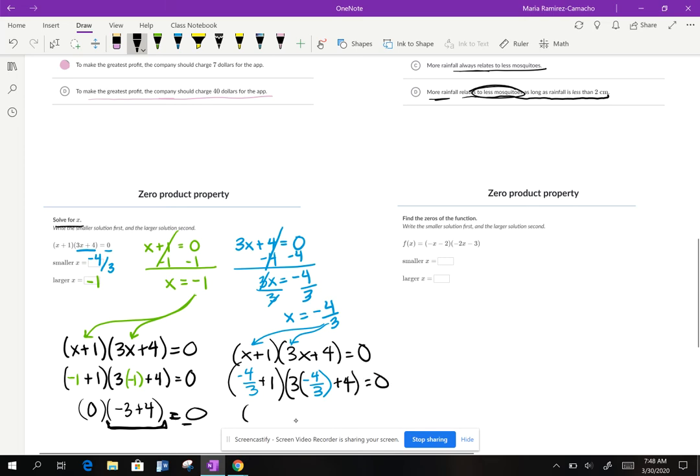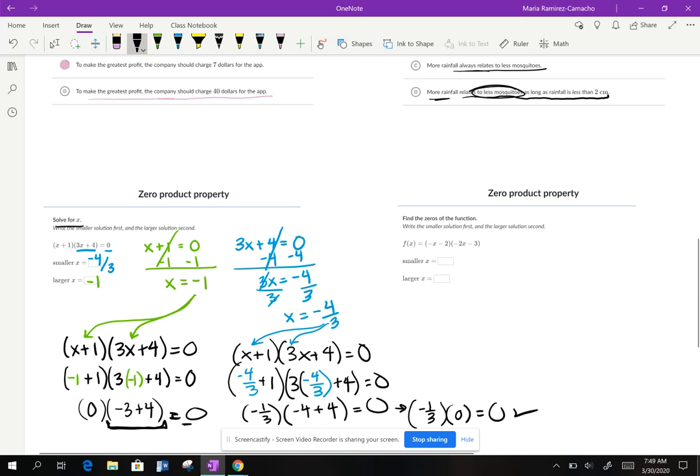Okay, this is going to be negative 4/3 plus 1. 1 is the same as 3/3, so this would be negative 1/3. 3 times negative 4/3 is going to be negative 4. And then negative 4 plus 4 is 0, so this is just going to be negative 1/3 times 0 equals 0. That's true. So that is why